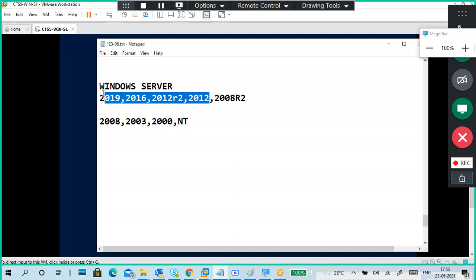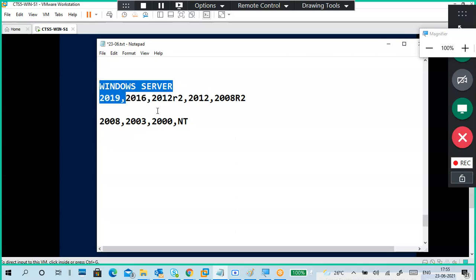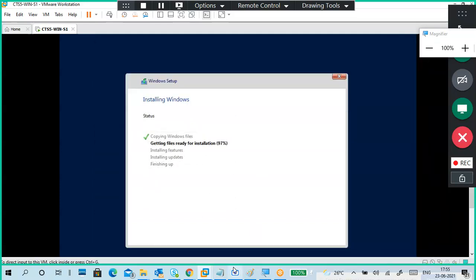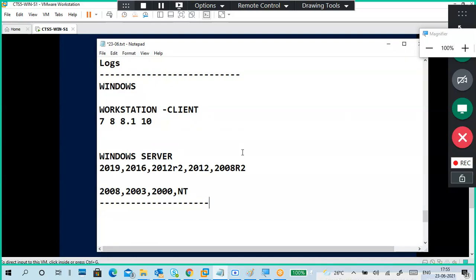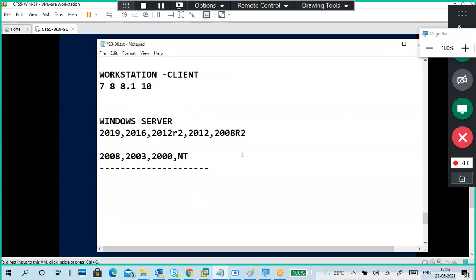So from 2012 to 2019, you don't feel much difference. Only certain service roles, very light differences only. The entire environment is the same from 2012 to 2019. That's why whether you install 16 or 19, both are okay, no problem. Only some futuristic differences are there. I'm not going into much depth because I want to keep you more relaxed. Just to know the naming: which one is client, which one is server? Okay, any other questions?